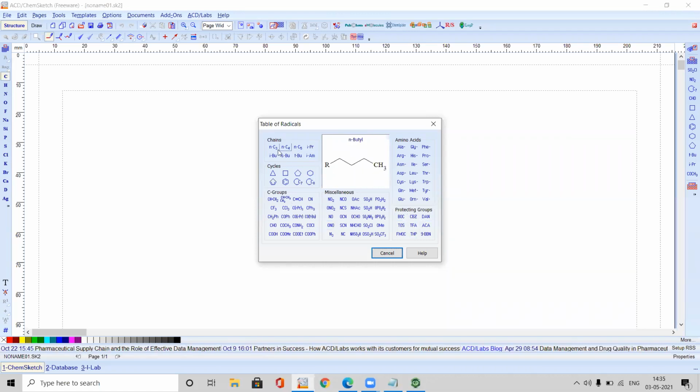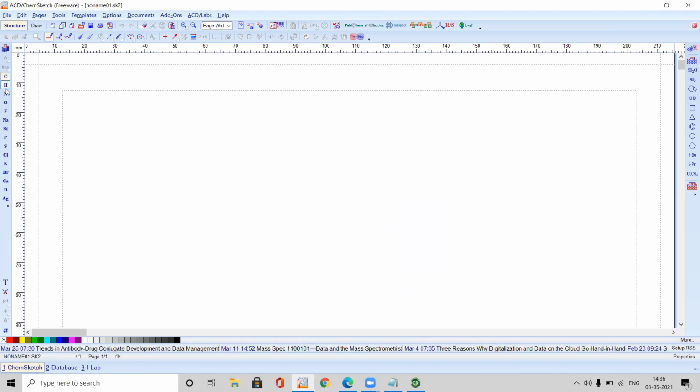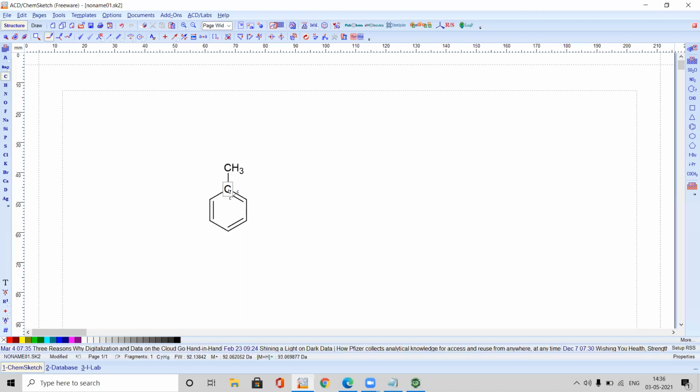These are open chain substitutions. These are cyclic substitutions. These are various functional group substitutions. And these are others, like electron withdrawing groups, electron donating groups, bigger ones. Like this you will find. And here, if you want to incorporate any atom, let me show you with just one cycle. In order to draw a substitution, you need to select the carbon atom and click on any carbon present on the ring. Automatically you will get CH3.